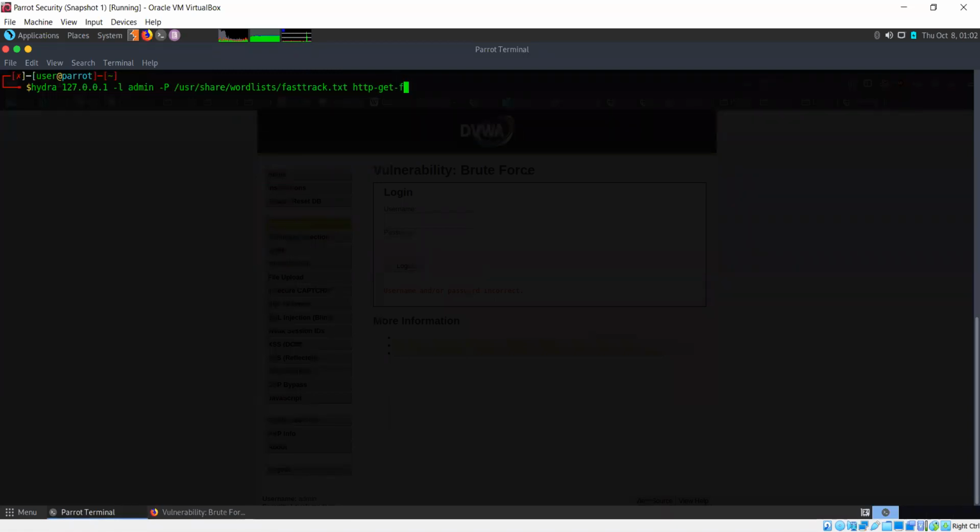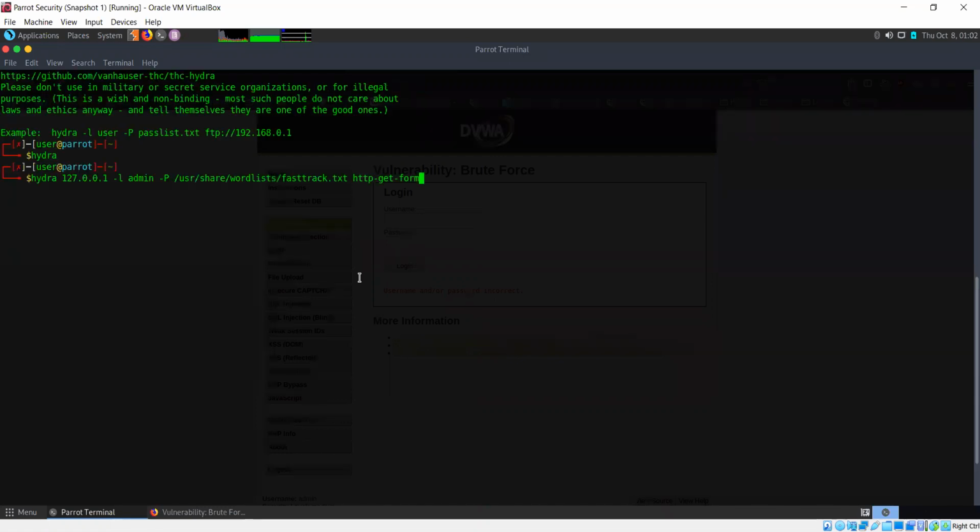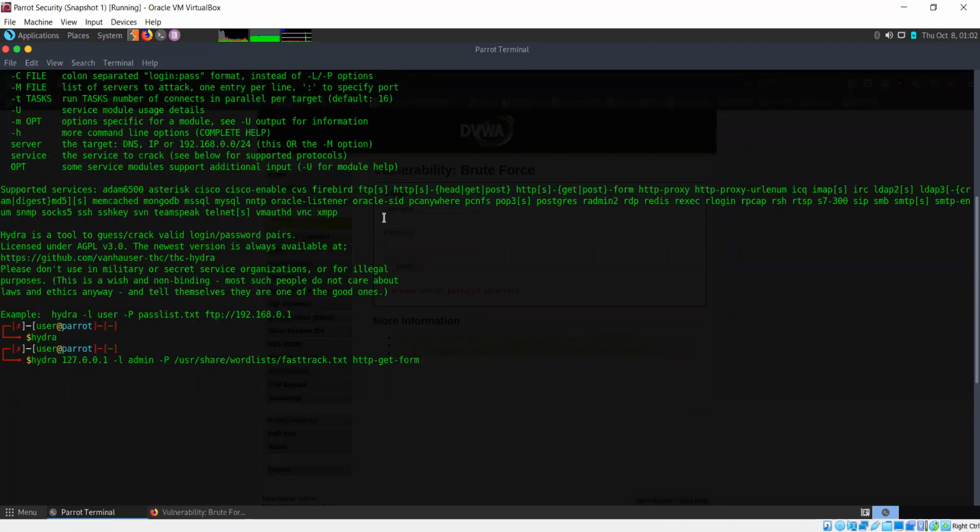and it's a form. Whenever you are submitting a login form, whenever you are submitting your credentials, it's a form actually. So it has input fields and a submit button. So that's the form structure. We'll have a few input fields and a button to submit it. So we are using HTTP GET form in this case.